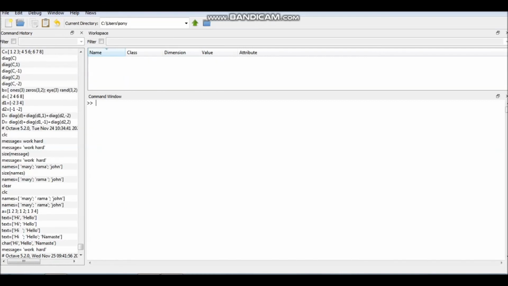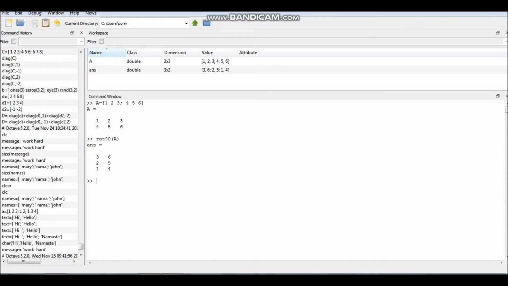There are some other ways of manipulation of a matrix. Let us discuss all the operations one by one. Suppose we have a matrix A which has 2 rows and 3 columns, and the first command is to rotate a matrix by 90 degrees. So I will write rot90(A). You will get this answer, meaning the last column vector comes as the first row vector, then the next column vector as the second row vector, and then the next column as the third row. So it means it rotates the matrix by 90 degrees.